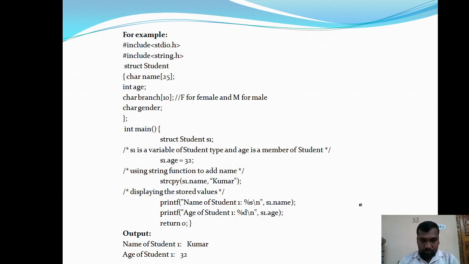Here these two are the header files, hash include stdio.h and hash include string.h. stdio.h, as we know, is the standard input output header file, which includes the printf and scanf functions. Next, we included string.h because in the string.h header file we have several string functions, and some of them we are accessing here.